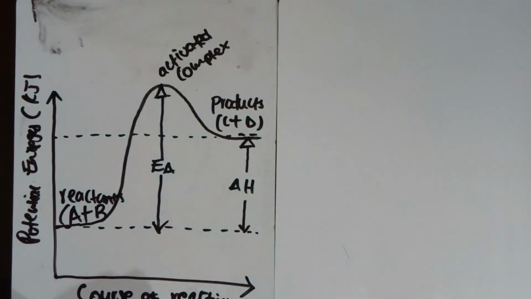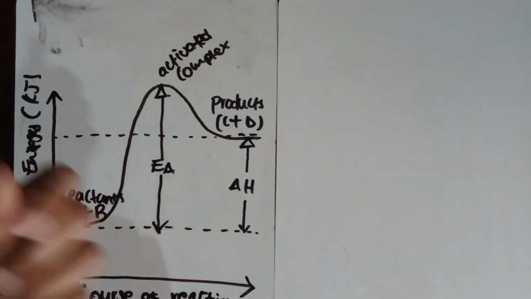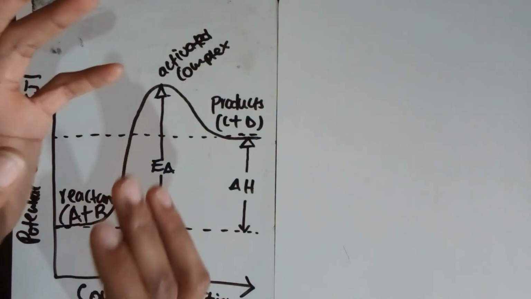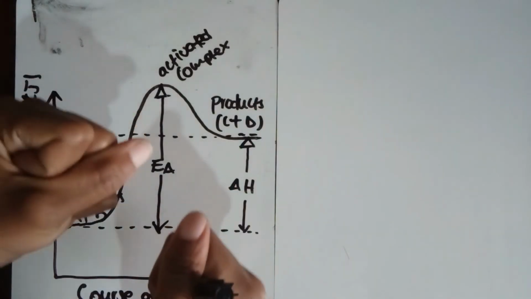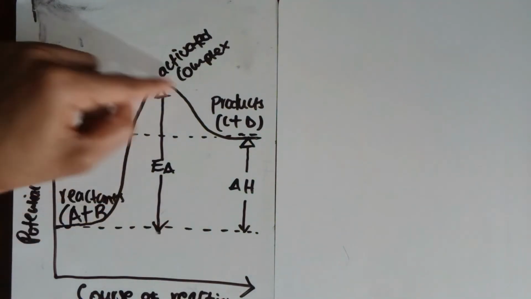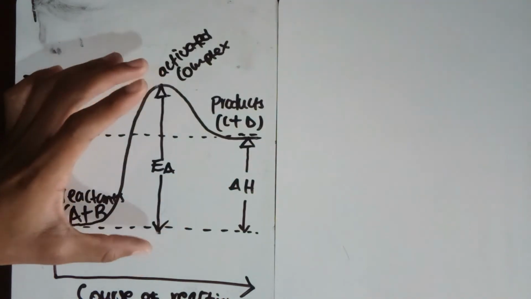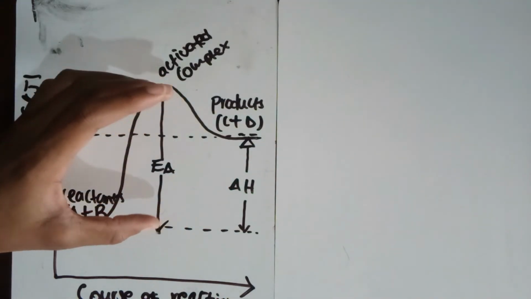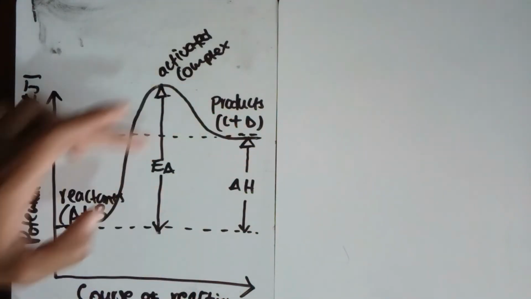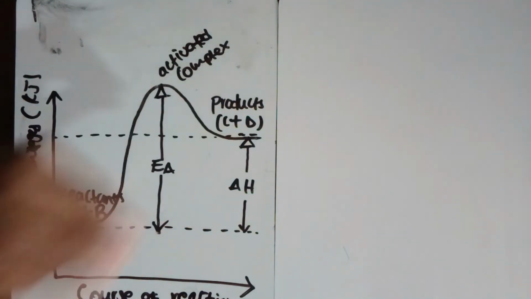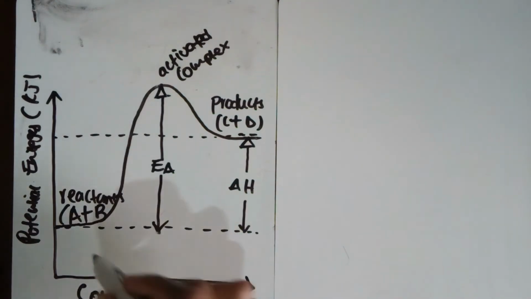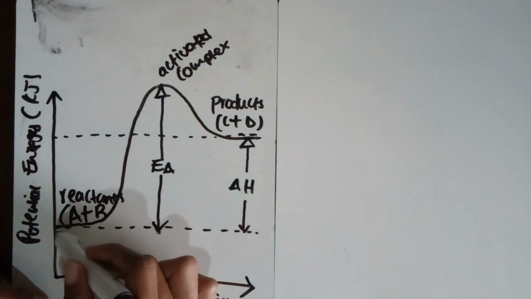But then sometimes we use a catalyst, and why do we use a catalyst? We use a catalyst because we want to decrease the amount of energy required. You see that we require a lot of energy for this reaction to proceed, but we want to lower that energy that we need. So a catalyst will lower our activation energy. And the interesting thing about a catalyst is that it doesn't actually get used up in the reaction. So when we use a catalyst, you might have a graph that now looks like,